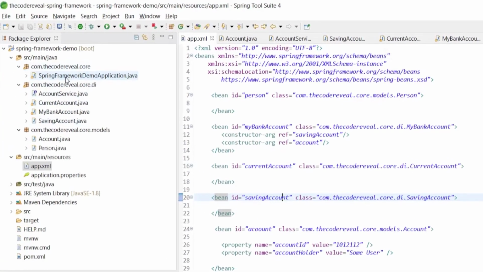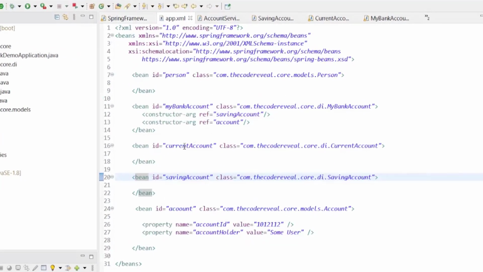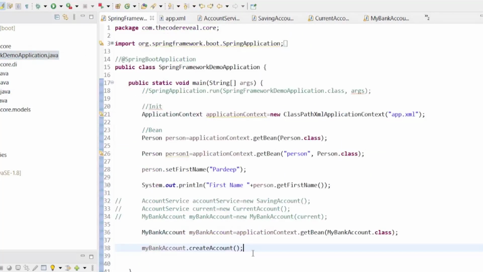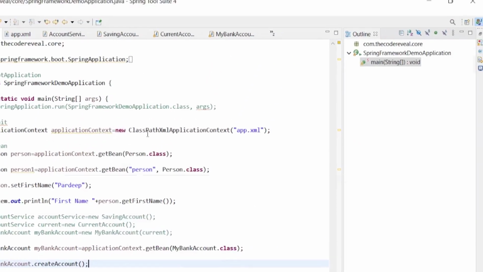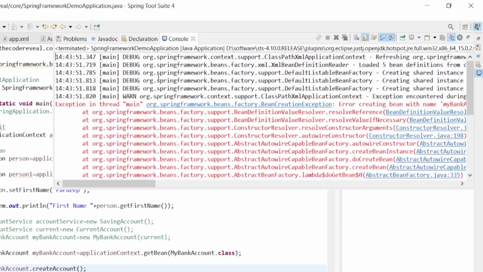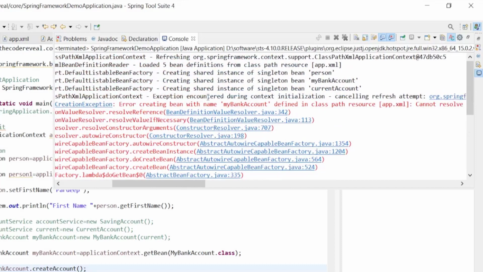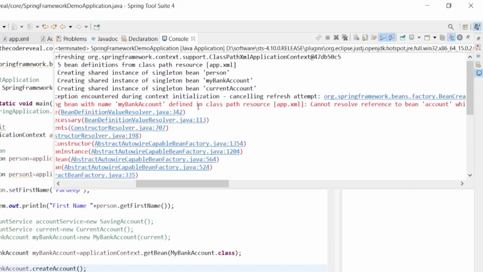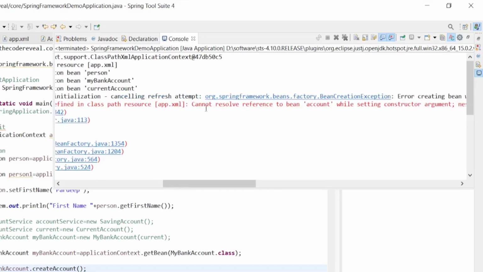Let's open. Okay, in app.xml we need to do this. So let's run this as a Java application. So if you see here, it's throwing an exception: error creating bean with name my account defined in the class path, cannot resolve reference to bean account.